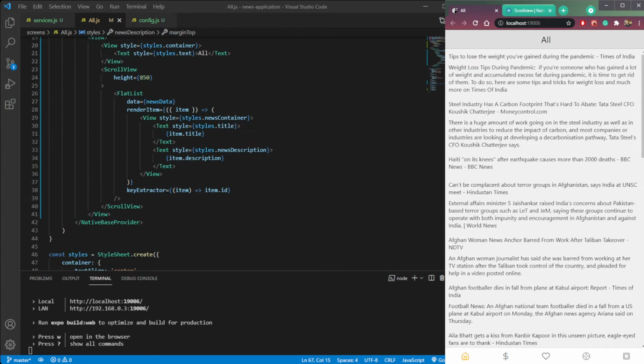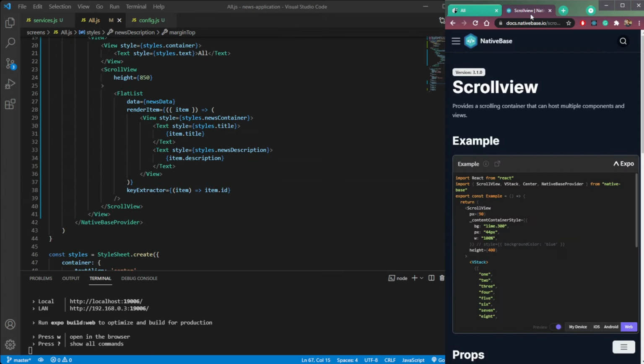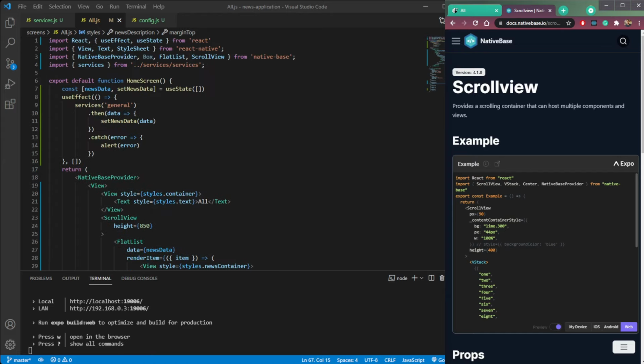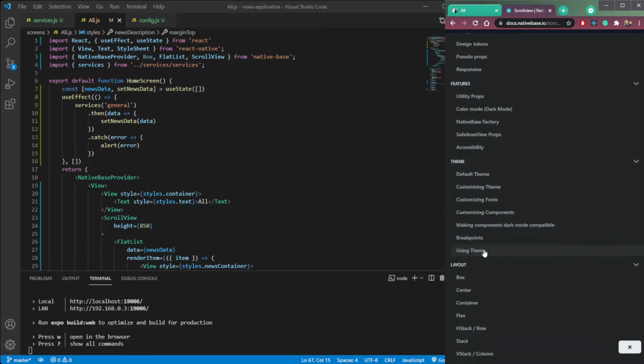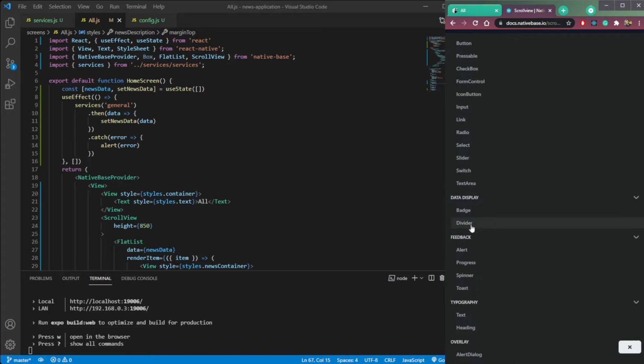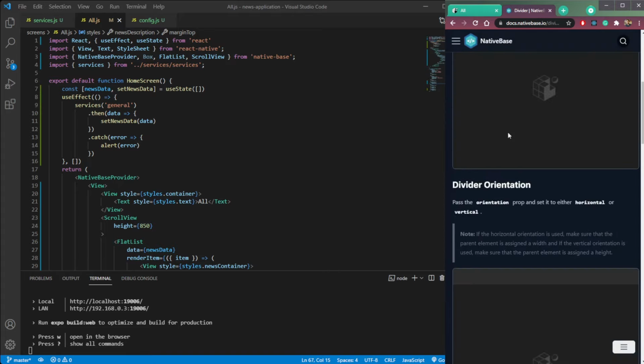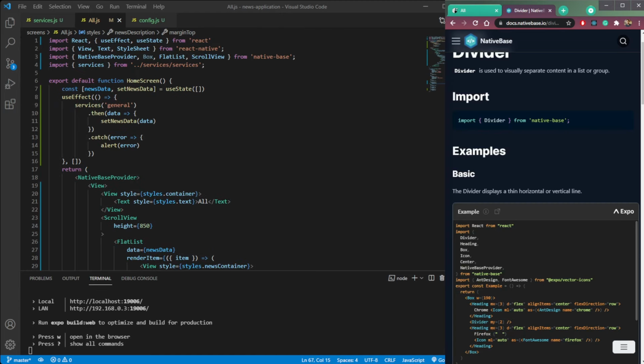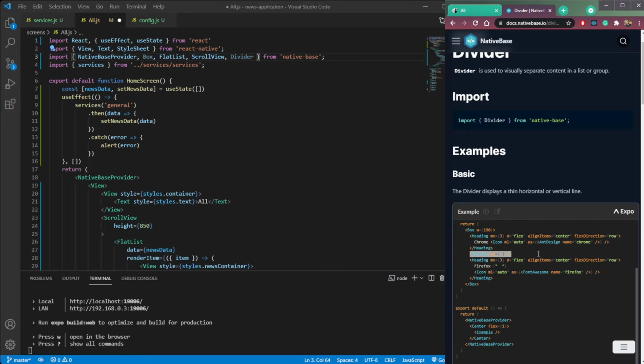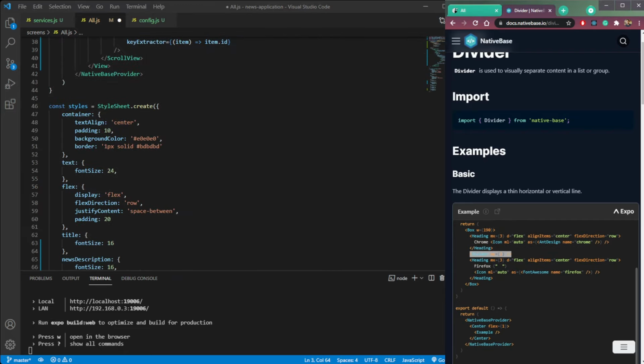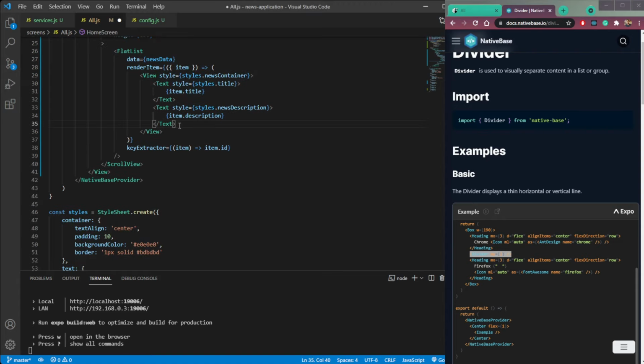And now we need to add a divider. So in the native base, just find divider here in data display, then import it. I think we already imported it. If not, import it from the native base. So divider, paste it here after this text.